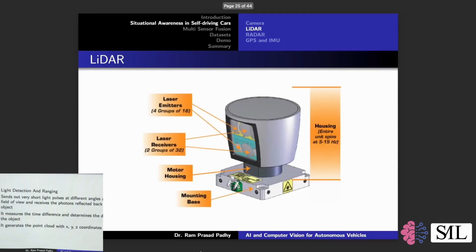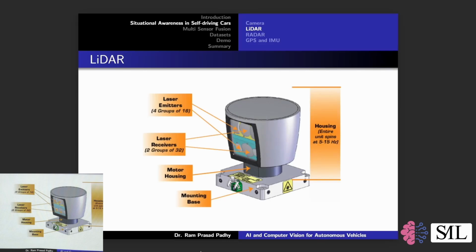If you look into the LiDAR, you will see that it is cylindrical. There it sends out laser pulses, and the laser pulses go, hit, and then come back. So you know the velocity of light, right? So the velocity of light, along with the time it takes to go and come back,